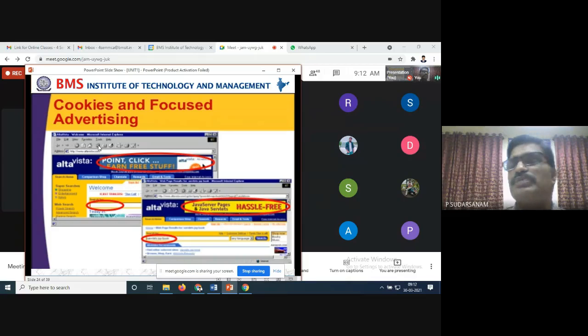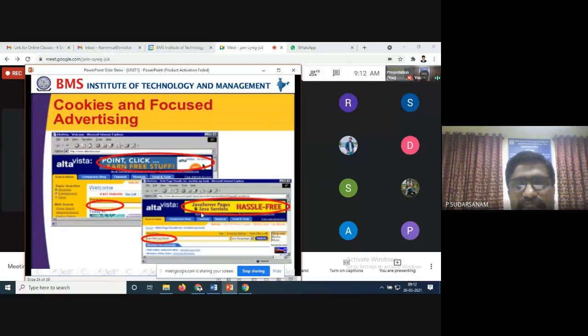If you see the newspaper also, if you click the newspaper, what will happen? You'll be getting advertisements also. So here that is what will be happening. If you don't want that, either open or close will be there. Just skip that one. All options will be available, and we can go for this. That is what cookies focusing the advertisement is. So here, point, click this one. Once you close this one, it is hassle free.